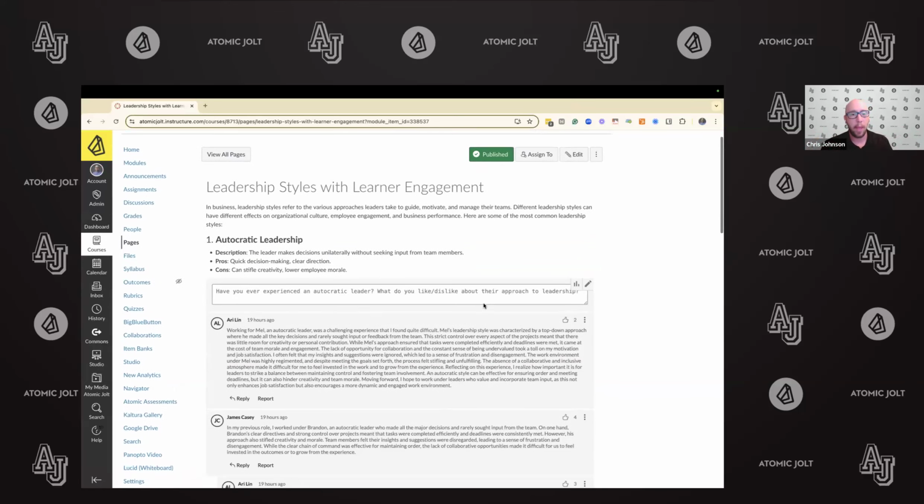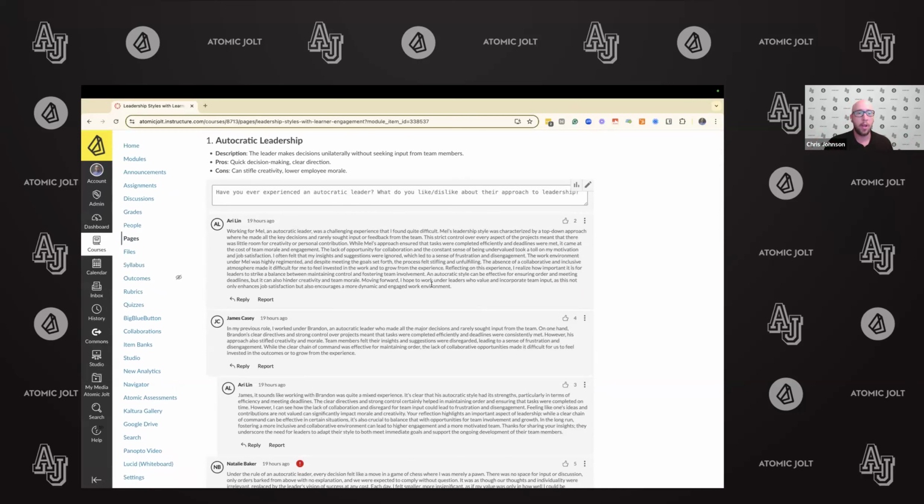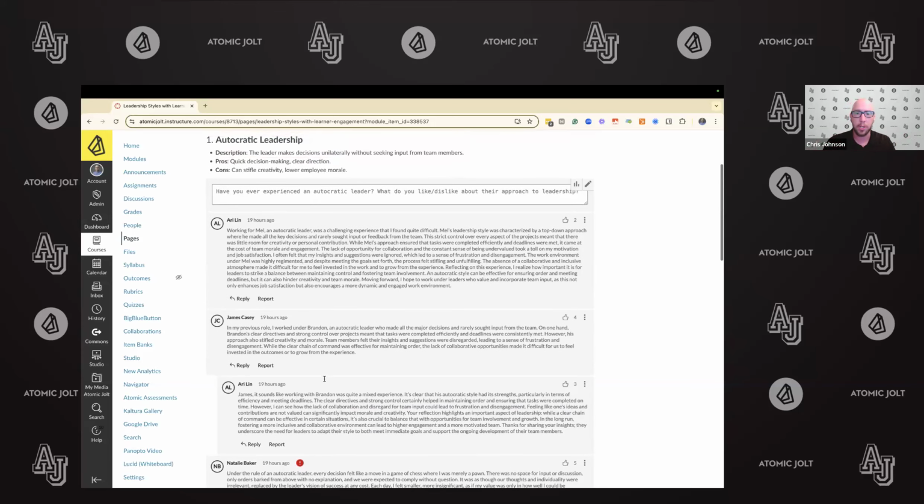So now we have this same page, but again, it's now showing some interaction where students are engaging with each other, they're liking each other's posts. In this case with Natalie, you may see that this has been flagged as inappropriate, or that it has profane language, or some bullying terms. And what this does is send a notification to the instructor to let them know to review it and to remove it before it's seen, or before it becomes an issue.